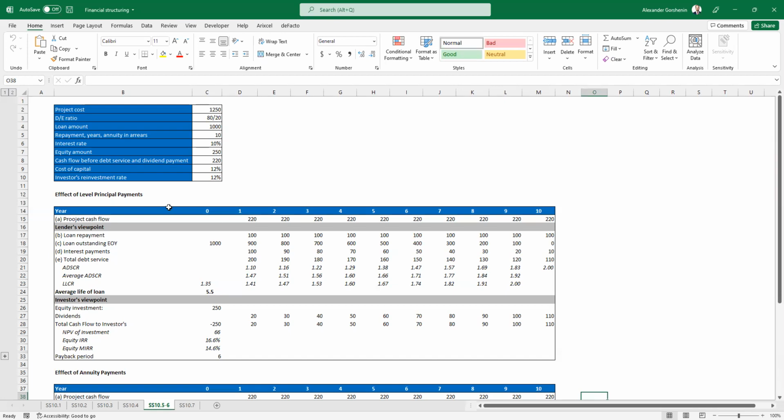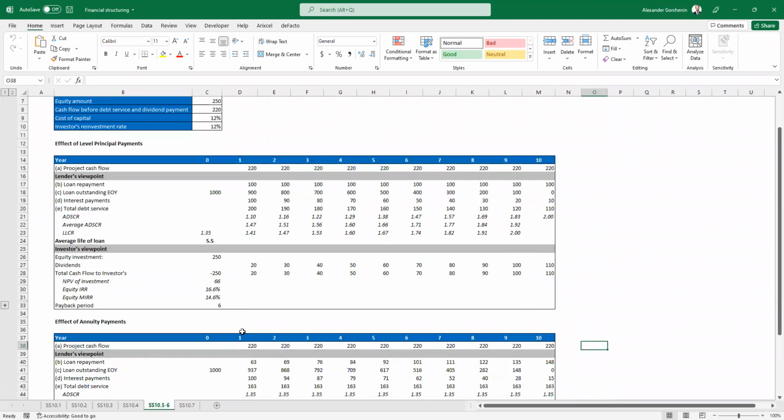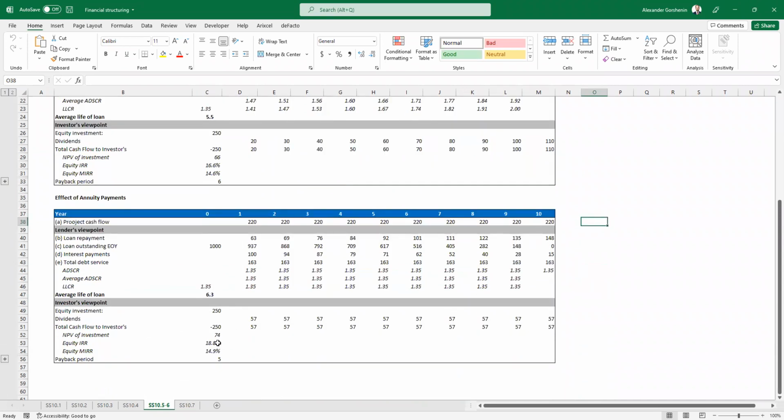So if the annuity repayment structure financing is used, it is assumed that the equity is invested at the end of the construction phase. You can see here, with loan repayments and dividends beginning 1 year later. Here, loan repayments, dividends, you can see. In fact, the equity IRR would only have been as high as 90%. That is shown here with annual annuity repayments.